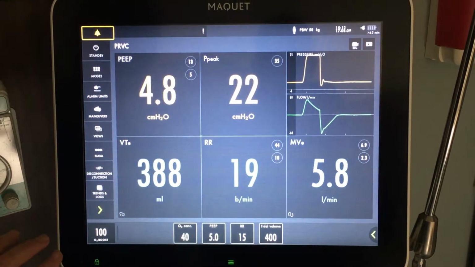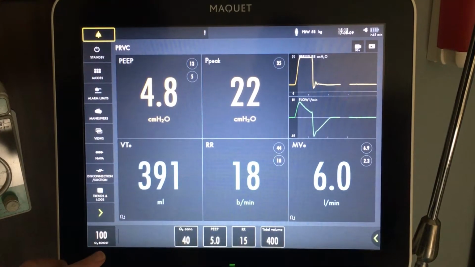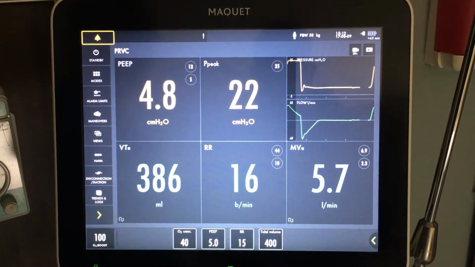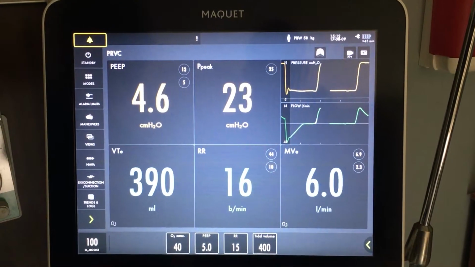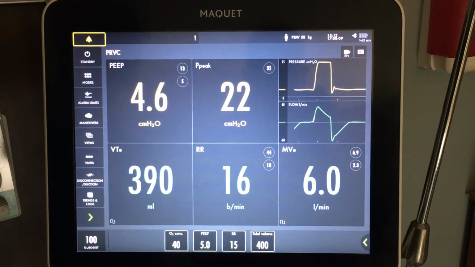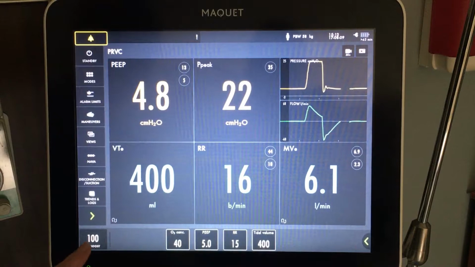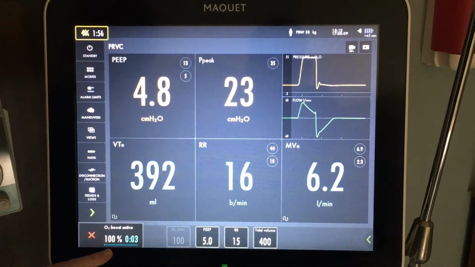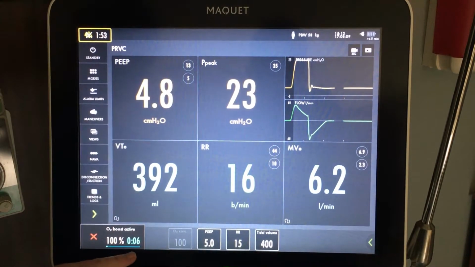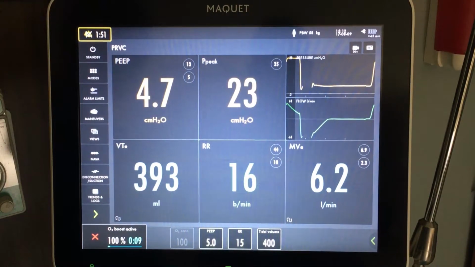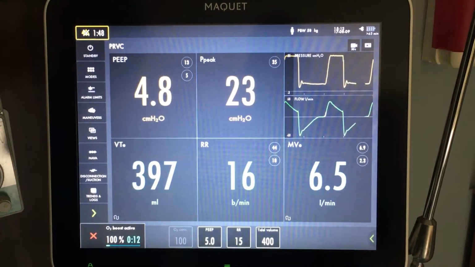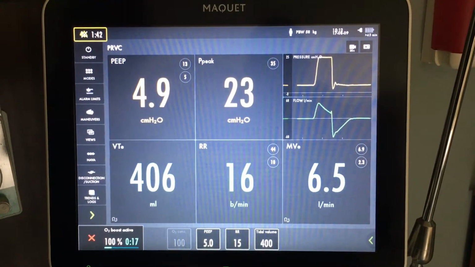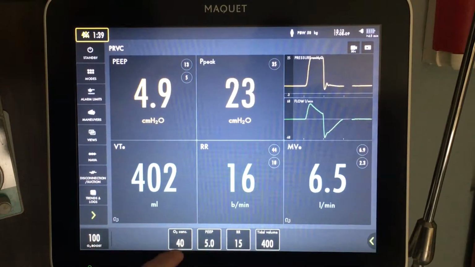Another quick little thing for nursing is at the bottom left-hand corner is the 100% O2 boost. So if you're going to suction the patient, if you're going to be turning the patient, stressing the patient in any way, if the O2 sat drops and you want to give them a little boost of oxygen, you can press and hold that 100% boost, and it'll come up and show you it's giving them 100% oxygen, and it actually counts down. It'll give it for 1 minute, and then it'll reset back to what the ventilator was set at previously. It will not stay at 100%. If you want to cancel it yourself, you just hit the red X button, and it goes back to the